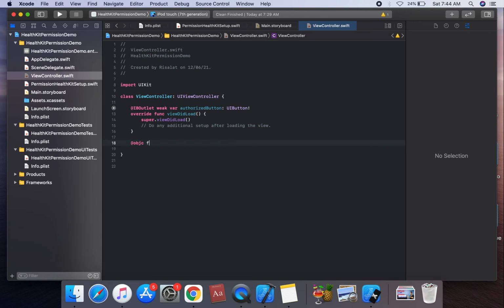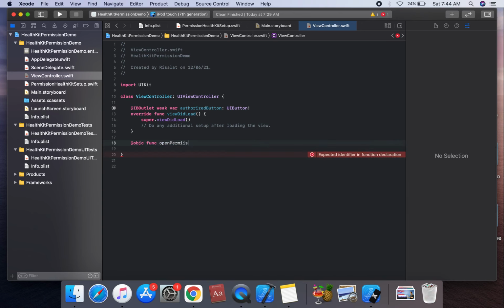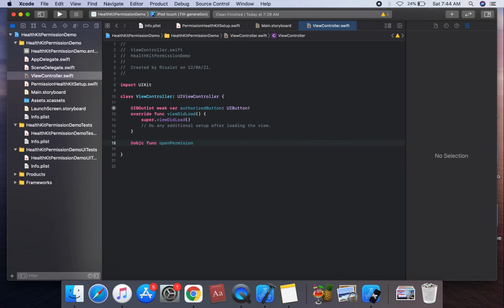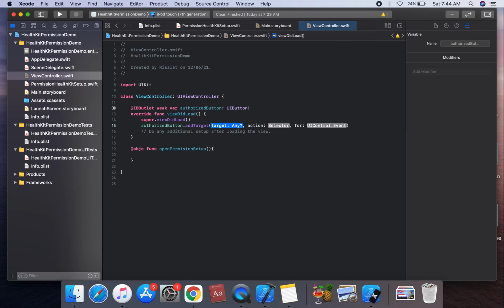@objc func openPermissionSetup. On the open permission setup, and command S, we're gonna create the button's addTarget: authorizedButton.addTarget, calling on self.